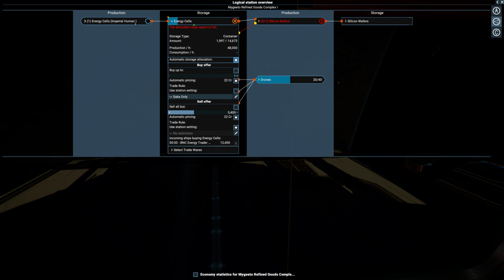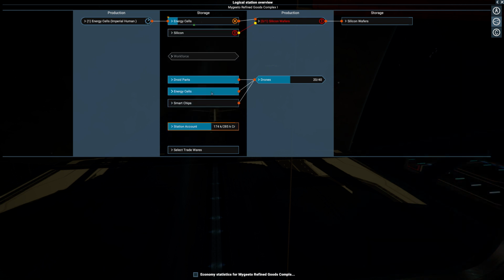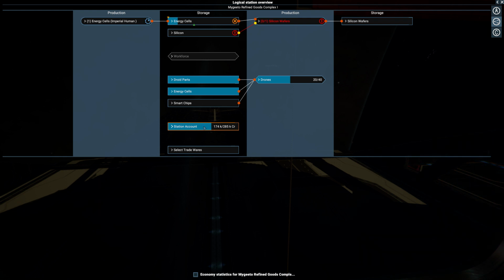So there we go. We should start producing, yes, indeed, energy cells again. And once we cross 5,400, then we can sell off. I've got smart chips on the way, 174,000 already in the station account. So as this comes on, the manager should then have everything she needs, and then we can just start skimming